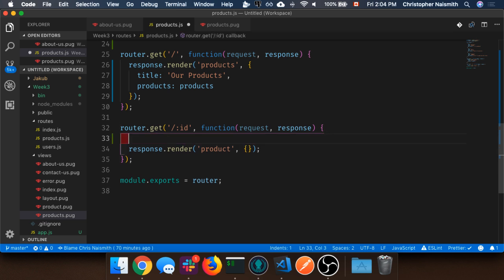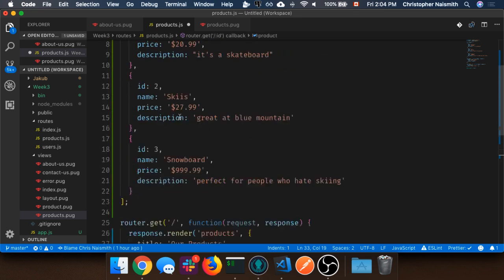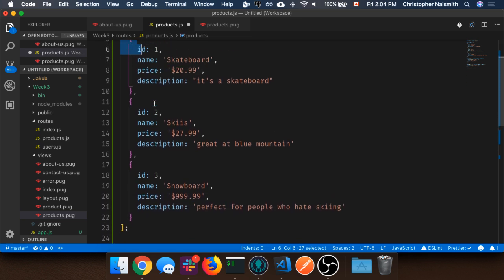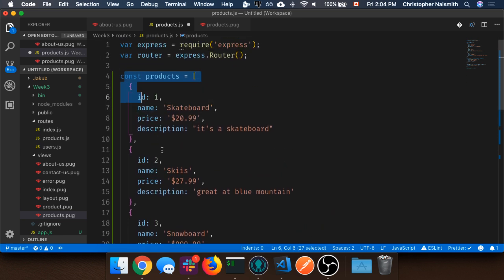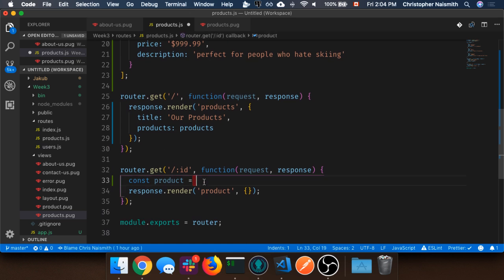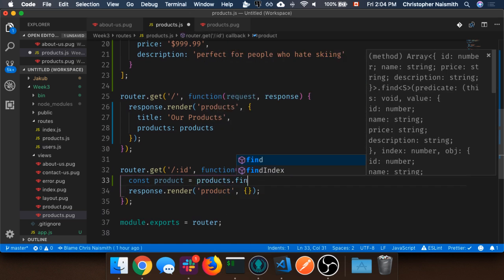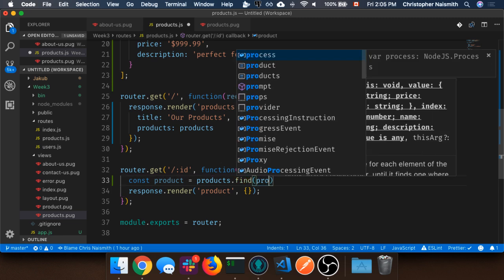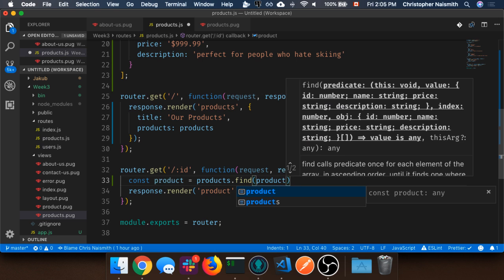So in this case, we want to create a variable of product, and we want to figure out in here which product it is. In this case, arrays have a find function where it will loop over the products. So we want